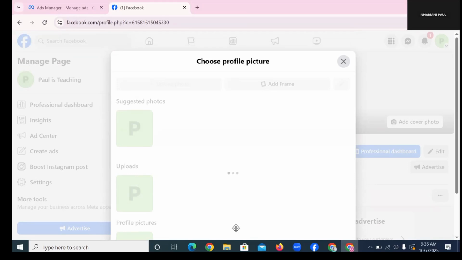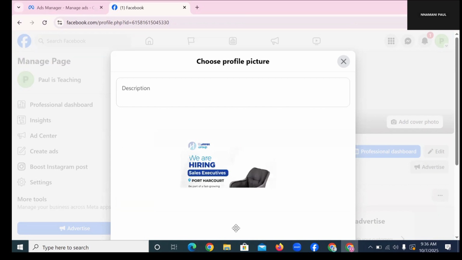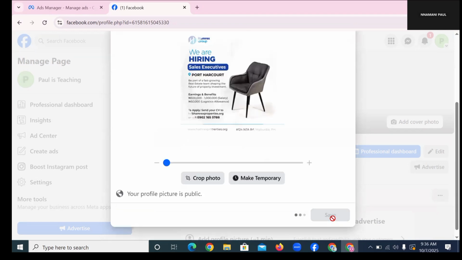Every single brand that is out there understands the concept of branding. Every week they are making posts on their Facebook page, and they are not even using a page that does not have a profile picture to run adverts. That is not the right way to do it. So I'm going to click on save. Quickly, I'm going to click save,